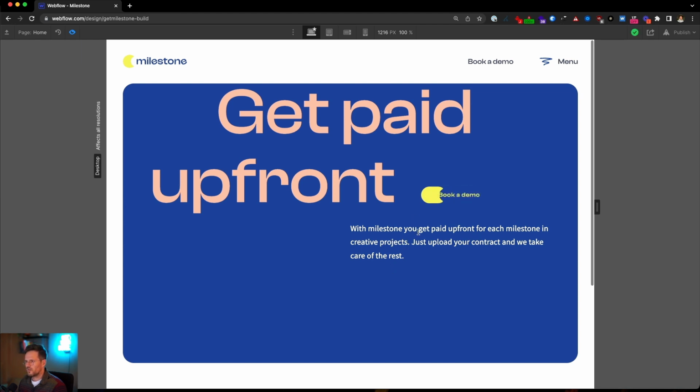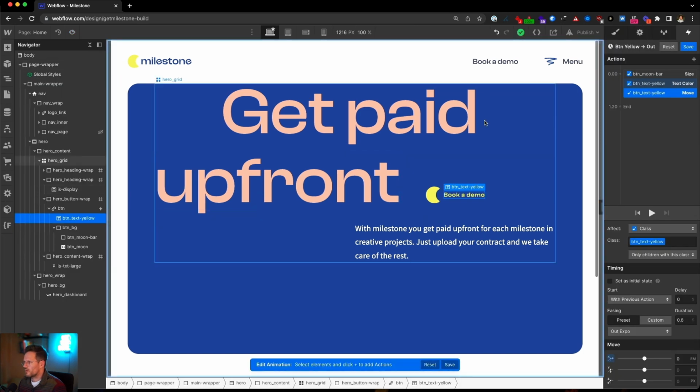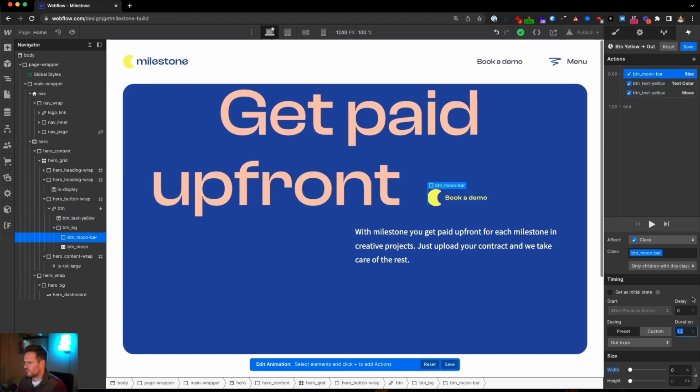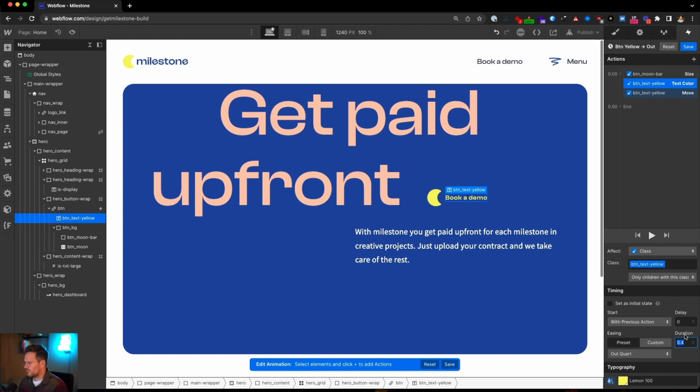Duration looks fine, but I think we need to change a little bit the moment when the text color turns yellow again. In my opinion, everything can happen a little bit faster. So size, let's try 0.9. Text color, let's try 0.2 and move.